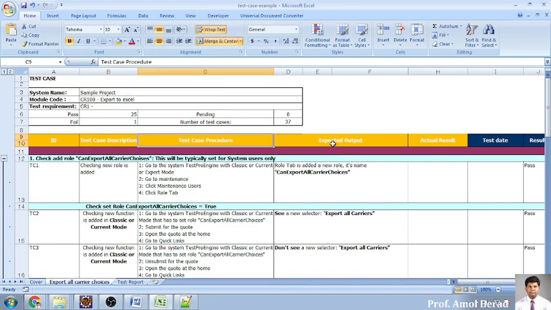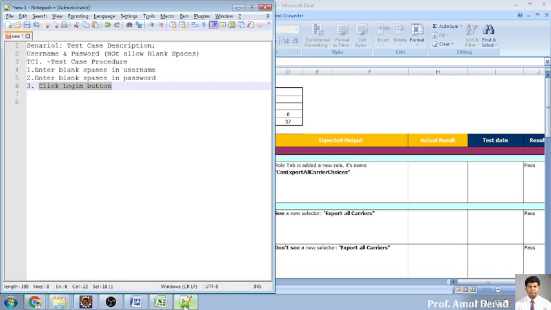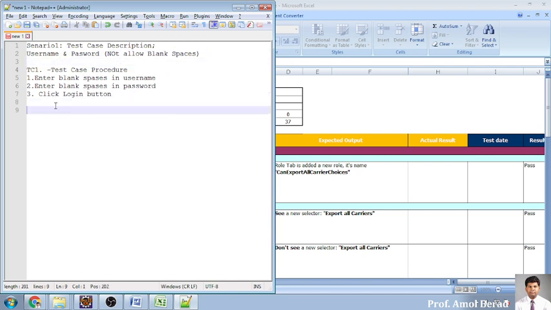what should be the actual output you are expecting as a tester, if you want to make your system very precise? So this scenario we have completed, this is your test case description you have completed, and the third one is expected result. So what should be the expected result? The result should be that the message should display,